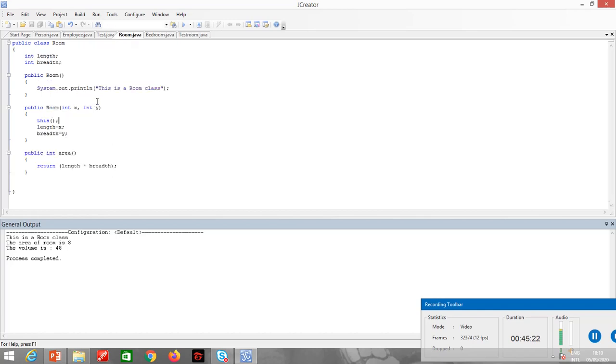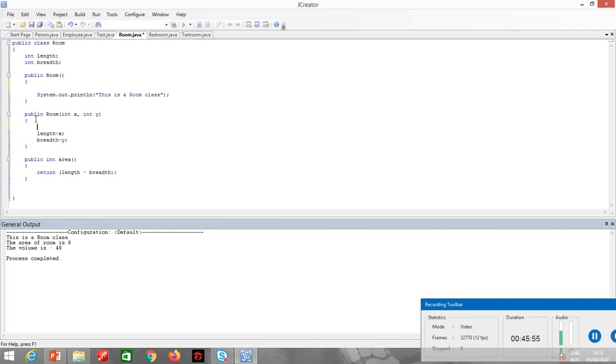So this is the way this keyword can be used to call the constructor in the current class. In the current class I have used it to call the parameterless constructor, or you can do vice versa also. But in this case, because it's inheritance, here it will give an error. So then you need to pass the parameters over here, right?